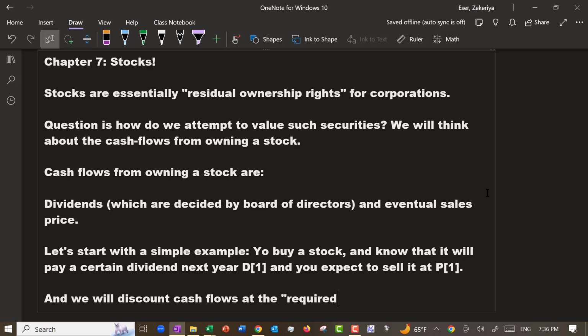Then the value of the stock now, let's call that V0. Next, there's only one set of cash flow. I'm going to get D1, discount that,